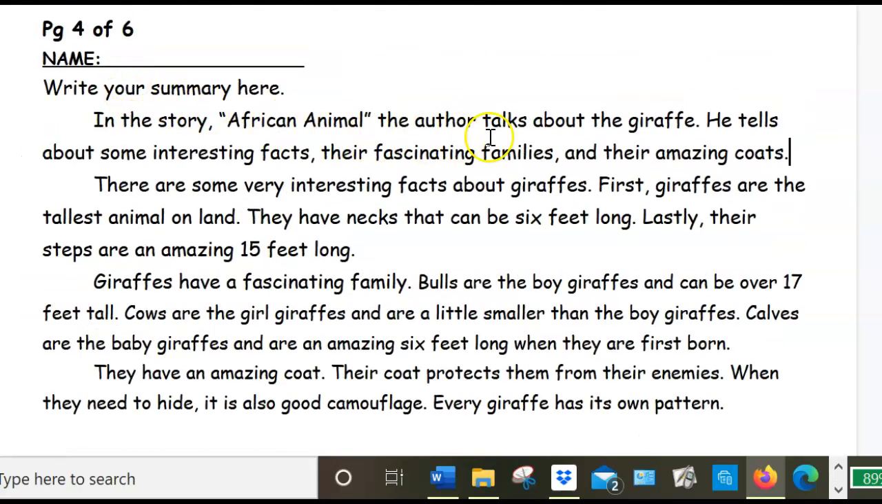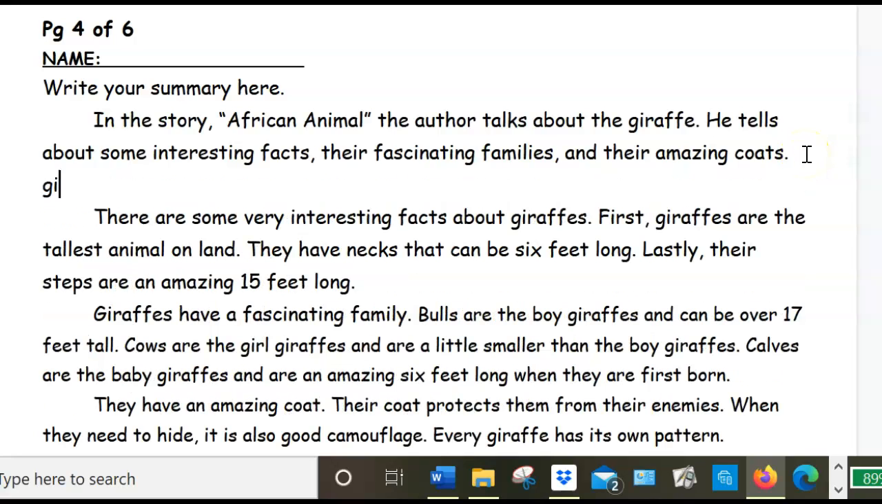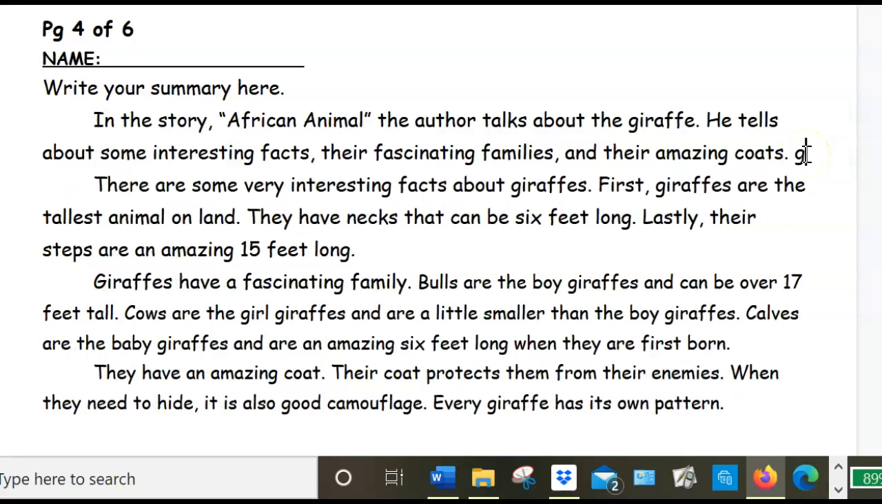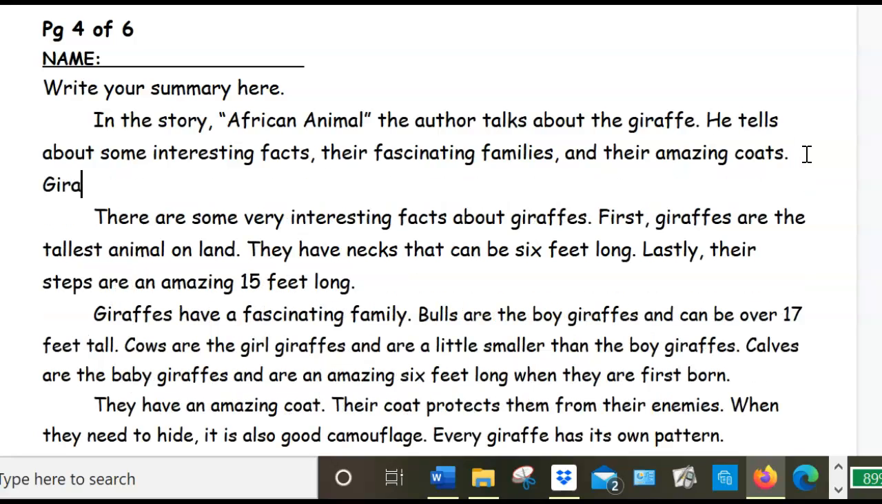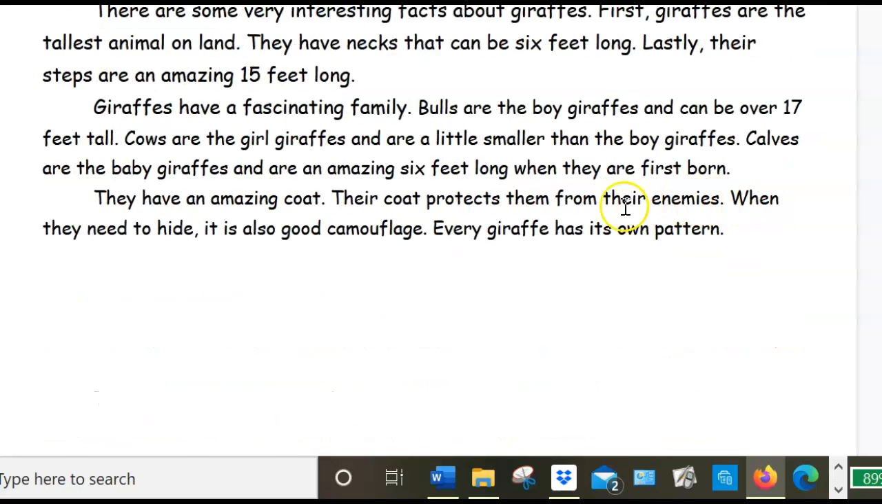So I'm going to put my hook at the end because it could be the first or the last sentence. Giraffes, capital, because it's the beginning of a sentence. Giraffes are a beautiful animal. Okay. Now my closing, I'm going to put my cursor at the end, tab to get my closing,